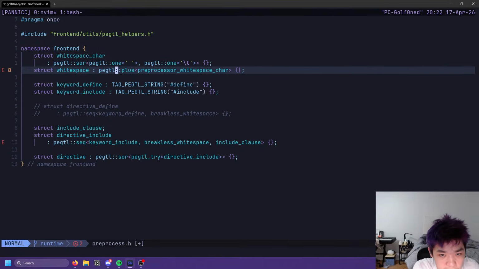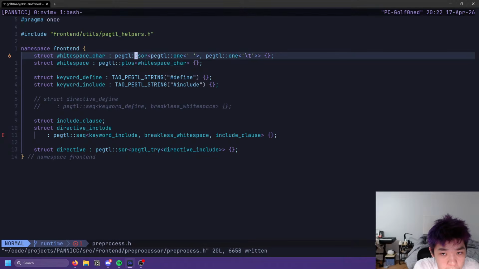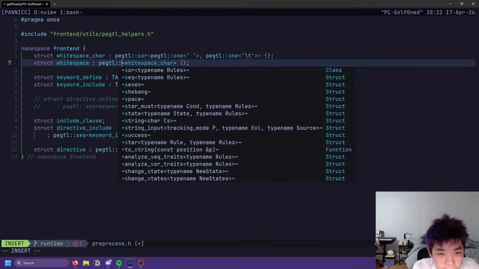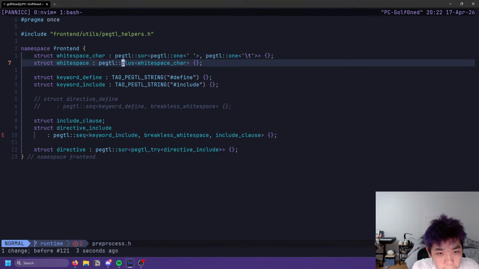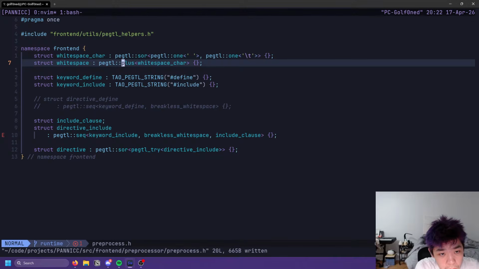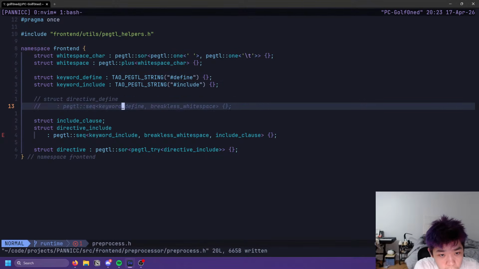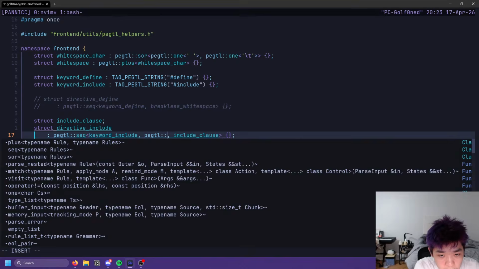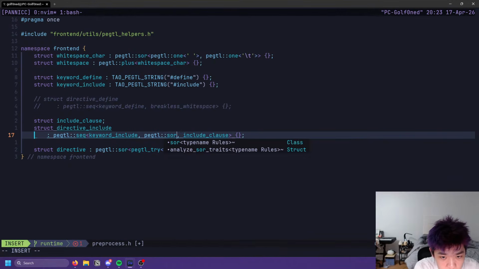And then call this white space. And this is what? We can do this. So you want pectoral or S or